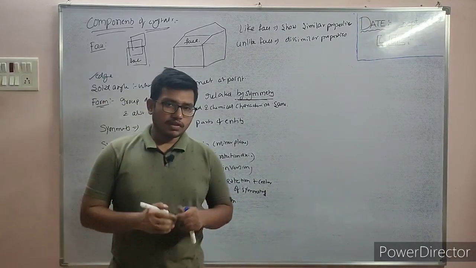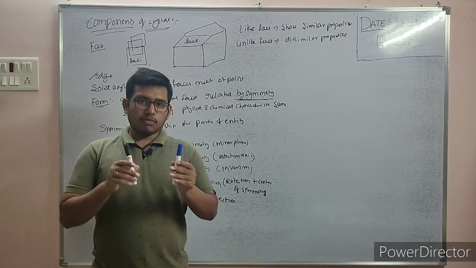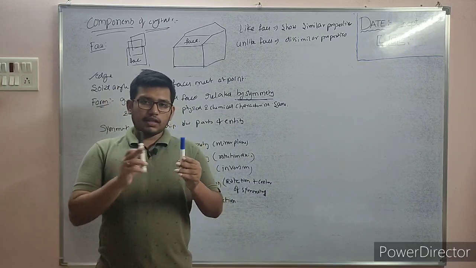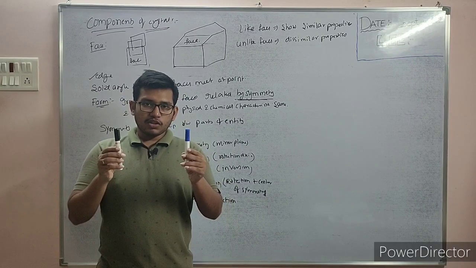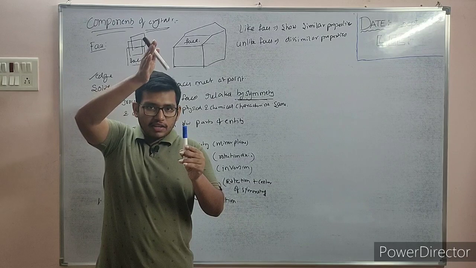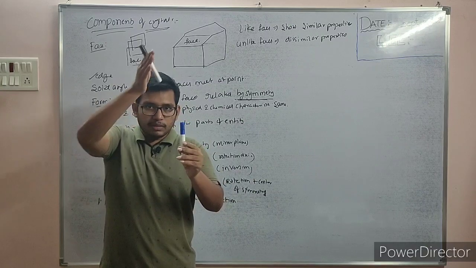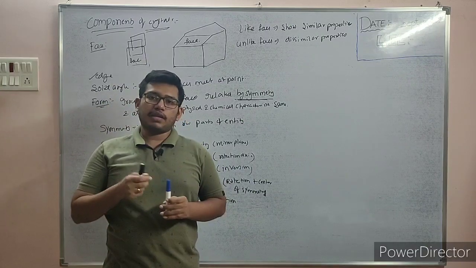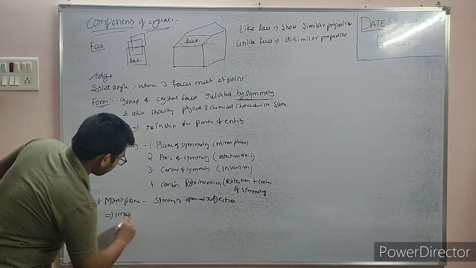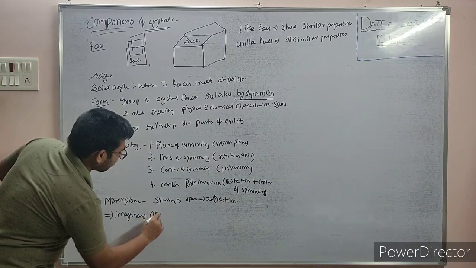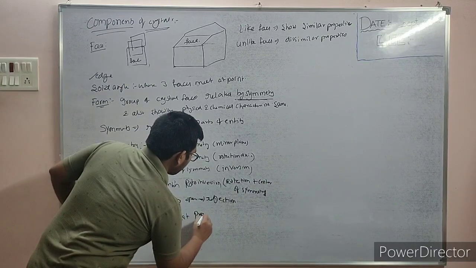Suppose if you take this only, both are blue, assume it, and this is the reflection of this. So what is it producing? They are producing mirror images of each other. So along this there is an imaginary plane which shows the mirror images of each other. So this imaginary plane we call a mirror plane. So the mirror plane is an imaginary plane that divides, or produces mirror images of each other.